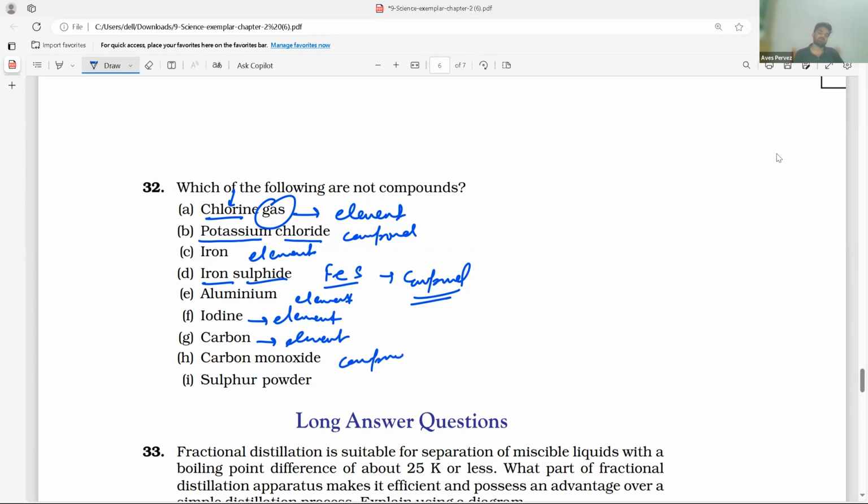Yes, you Hanan. Sulfur powder. Saad, sulfur powder is an element or compound? It's an element. Yes, it is an element because powder is a physical term defining the very small particles of solids. So that's why it is an element. Sulfur is an element. It may be in powder or crystal form, but it is in a state. Have you all understood? Yes or no? Yes, sir.